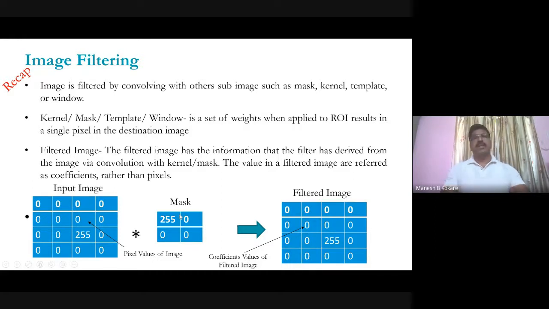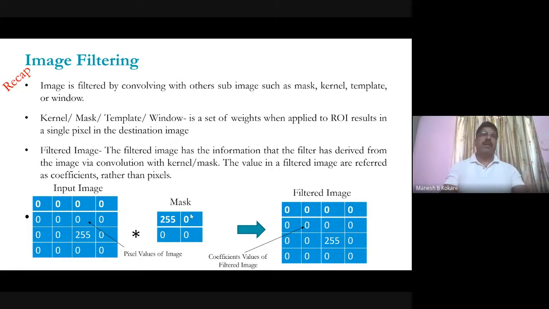And also yesterday I told you that this mask can be of size, for example 1 by 1, or 2 by 2, or 3 by 3, or 4 by 4, 5 by 5. But generally an odd size of mask is selected so that you can keep the center of that mask on the pixel under consideration, and the number of pixels will be balanced around that pixel. That's why odd sizes of mask are considered, like 1 by 1, 3 by 3, 5 by 5, 7 by 7 and so on.